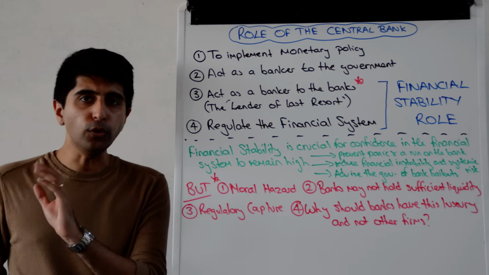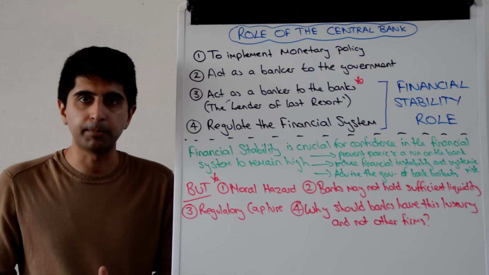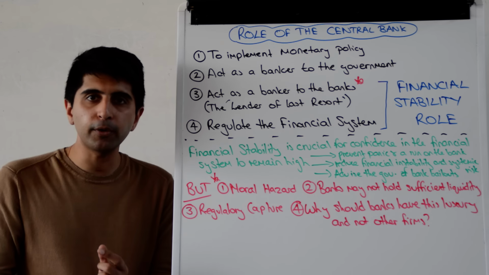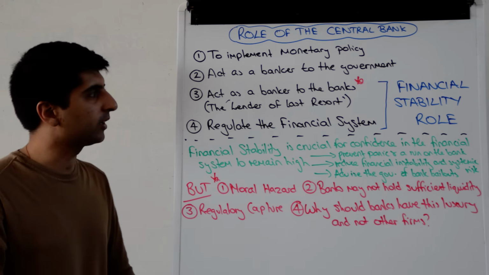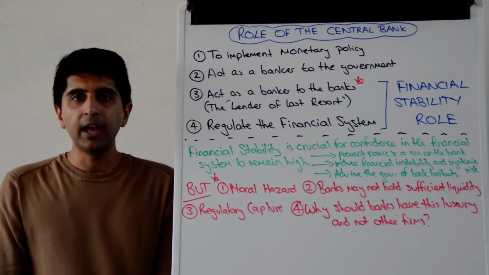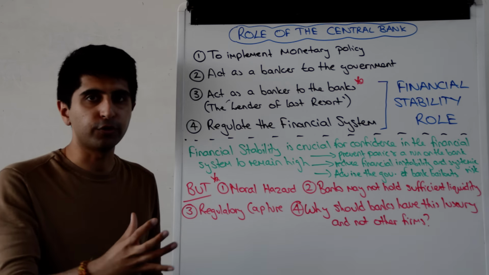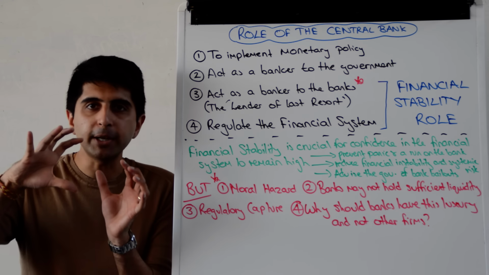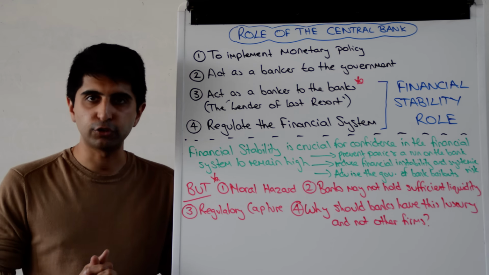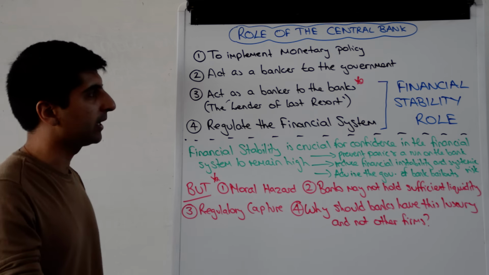The central bank can also look at funky ways to reduce the interest rate paid by the government on government bonds. So in that sense, acting as a banker to the government, buying and selling of government bonds and reducing interest rate paid on government bonds. But there are also two crucial roles that the Bank of England will have in particular, the financial stability roles of the Bank of England, which have become a much greater responsibility of the central bank given the 2008 financial crisis. So after that, these two have become massive, massive deals for the Bank of England.